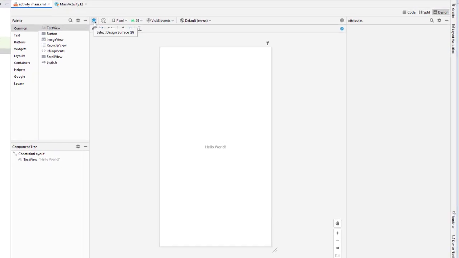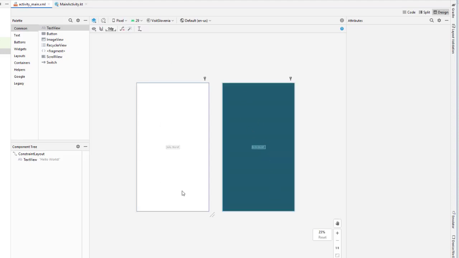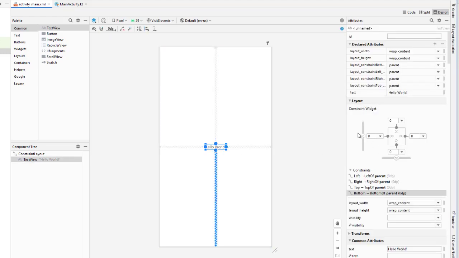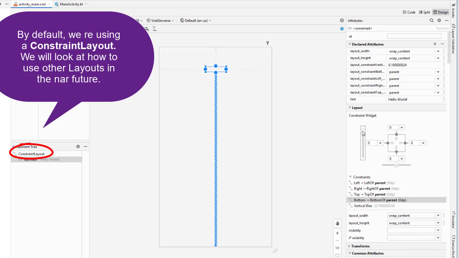And up here on the top, we can select the design surface. And my choice is design, blueprint, or both. So here's our design. We'll see it with all the colors. Here's the blueprint. That just gives us really the outline of stuff. At this point, I don't really have a reason to use the blueprint. So I'm going to choose to work just in the design mode. So I'm going to take this Hello World. I'm going to slide it up here to the top,